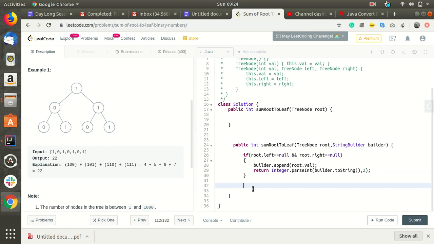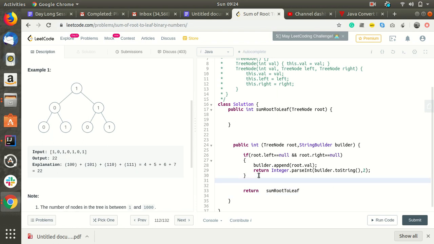So let's return sum root to the leaf. What we can do is return sum to the leaf.